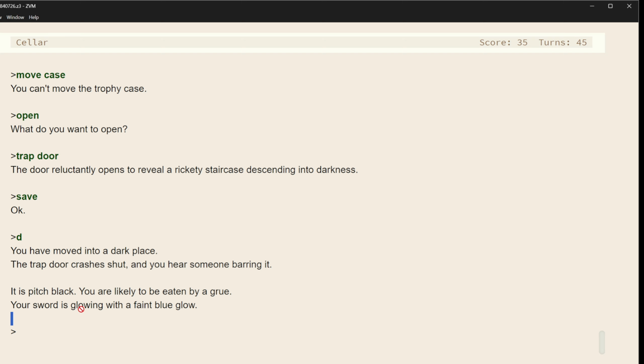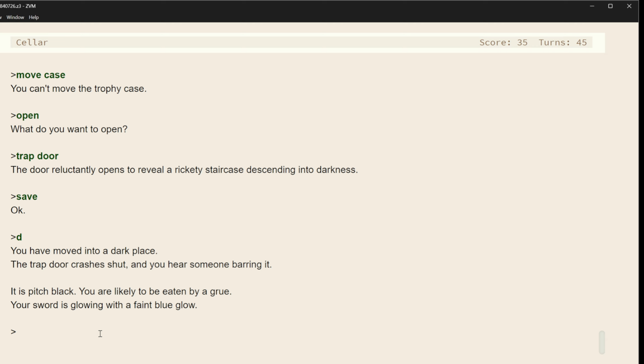People familiar with Tolkien will recognize the blue glow of a weapon when an enemy is near. The weapons of old all did that, and our sword is of great antiquity, so it's doing that too.